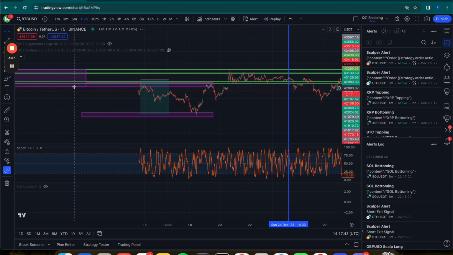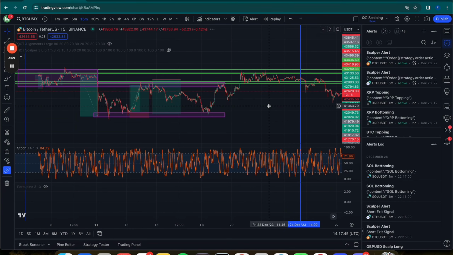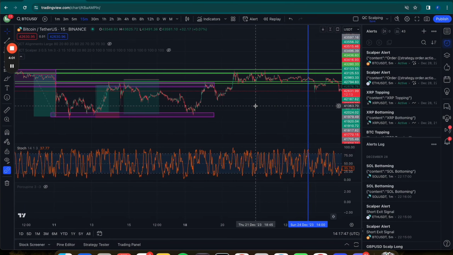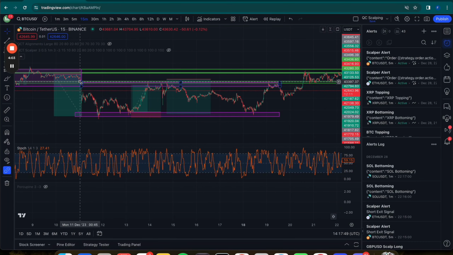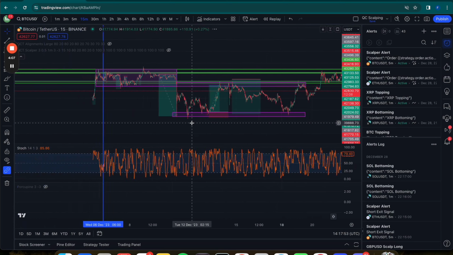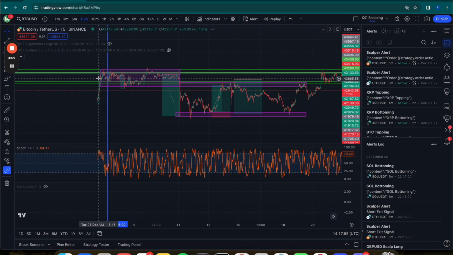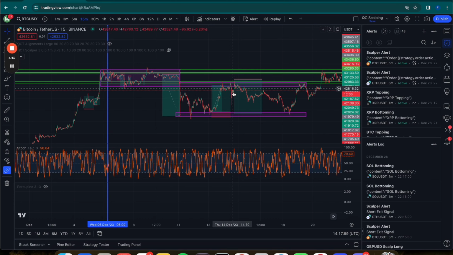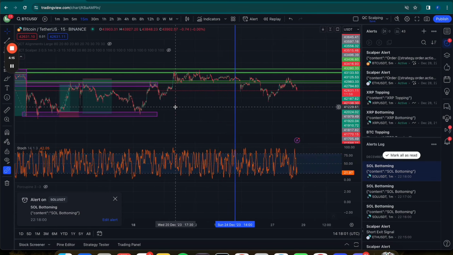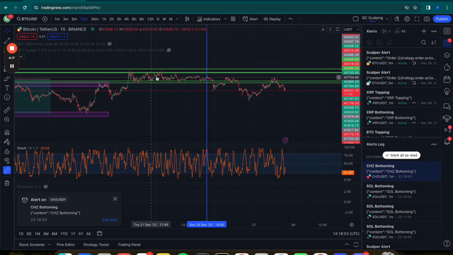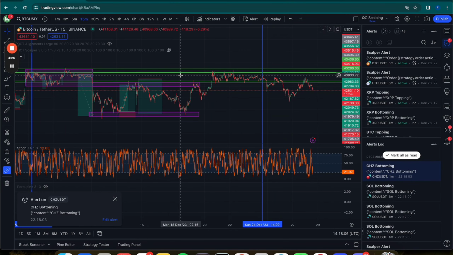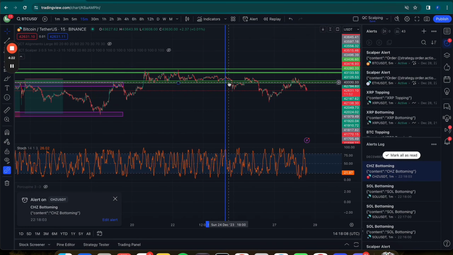And I have a couple markers here, which I can remove for you guys too, so it doesn't look like a Christmas tree. But essentially, the markers that I have are here to mark ranges, right? So we had a range here, where we traded up, down, up, down, up, down. Then we had another range here where we traded up, down, up, down, up, down. And then we had another range right here, which is the previous range, by the way. We're bouncing up and down, and now we're somewhere in the middle, bouncing around with this level.